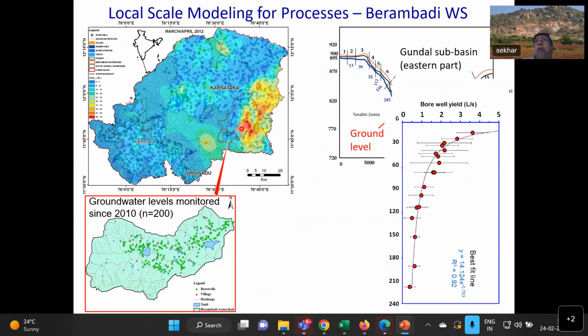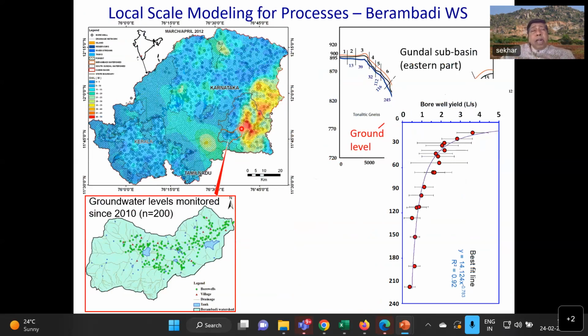we have about one monitoring station per 80 square kilometers in the country, or 100 square kilometers. Average is 80. In some places, it is 100. That means every 100 square kilometers, you have one well. That's the reason why groundwater assessment is made at every 600 or 1,000 square kilometers, so that you have at least half a dozen wells whose fluctuations you can take and make an